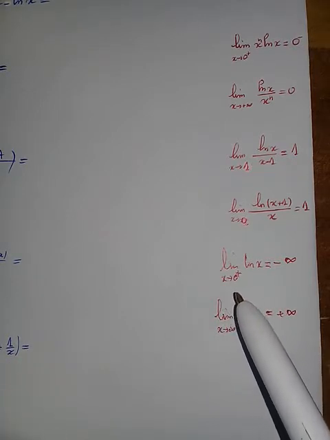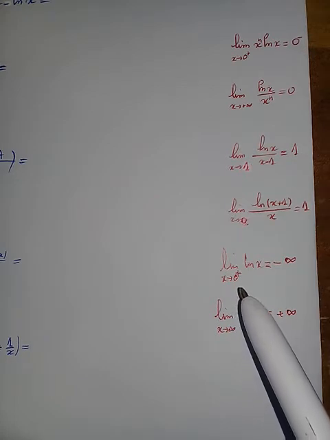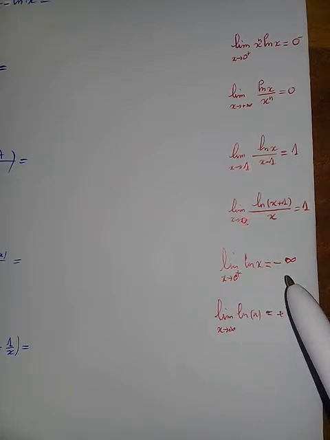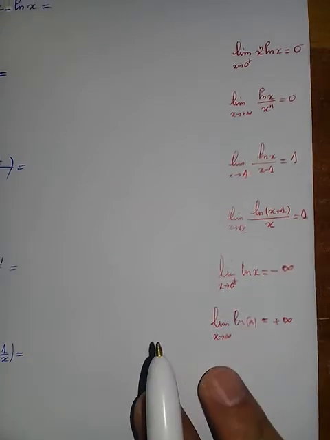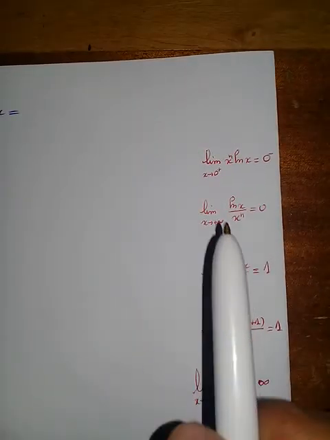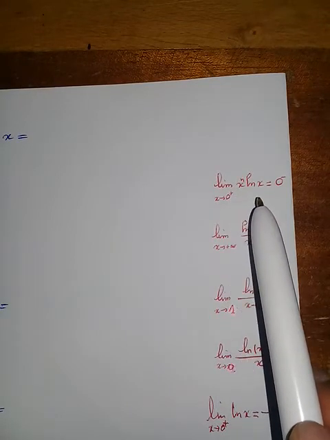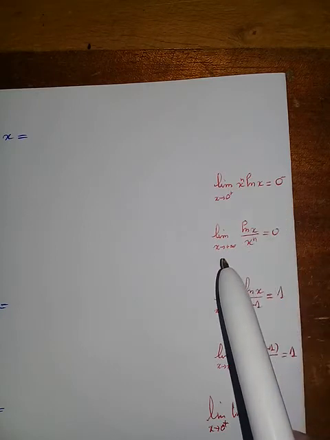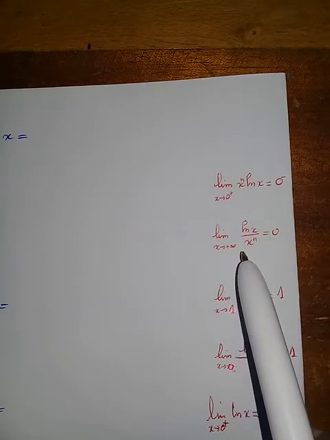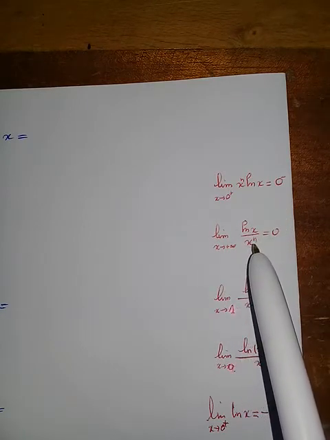The limit when x goes to 0 from the right of ln x is minus infinity. And the limit as x goes to 0 from the right of x to the power n times ln x is 0. The limit as x goes to infinity of ln x over x to the n power